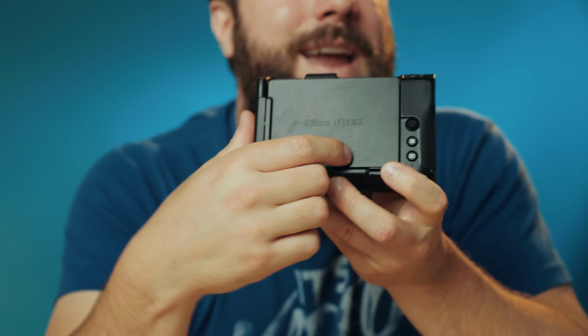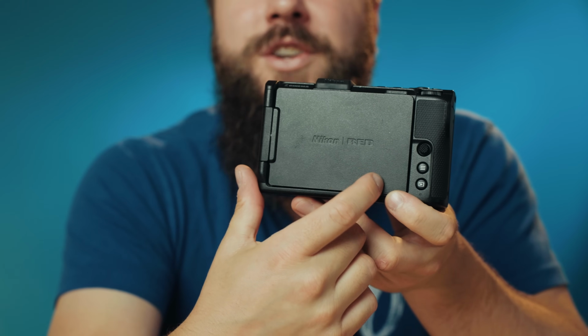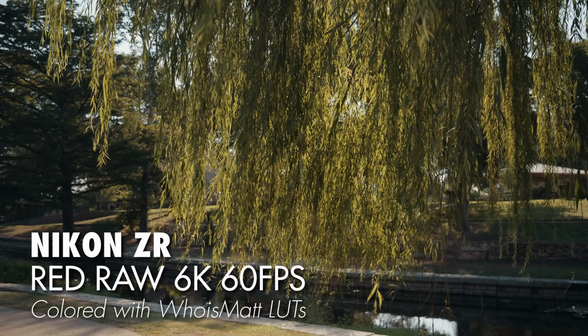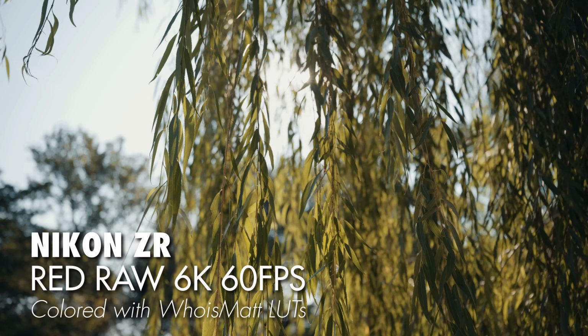Last but not least, and here's the big one, the one that you were hoping for, the one that we've never seen outside of a box camera that says RED on it, which I guess this is also a camera that says RED on it, it's just not in a box shape. Is a rectangle a box? Crap, I think rectangle is actually a box. Anyways, the ZR supports recording the same RED RAW internally that you've gotten on all their other cameras, but I